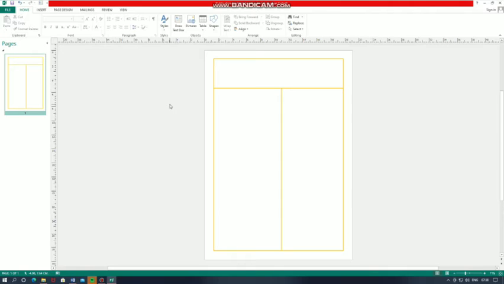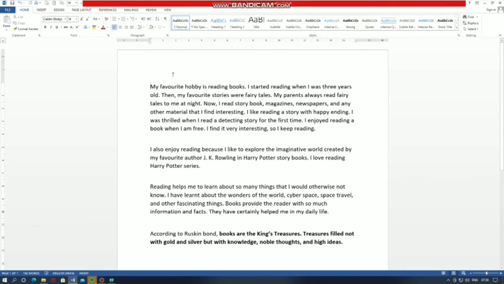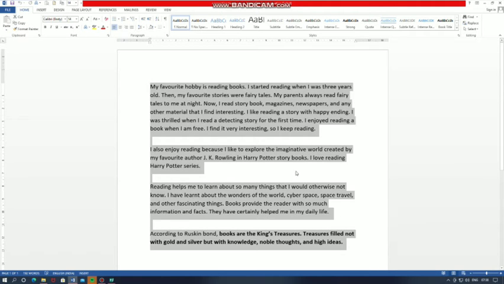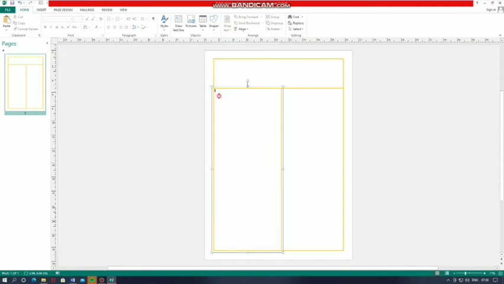So, see in the page number 71, one paragraph is given of my favorite hobby. I have already typed this paragraph in Word. Now, I copy this paragraph, select all, copy and paste this in the Publisher page in this text box.